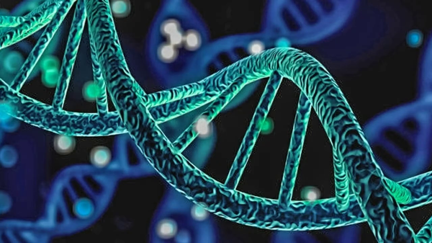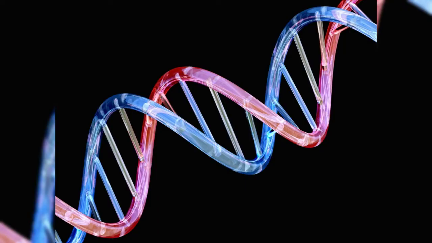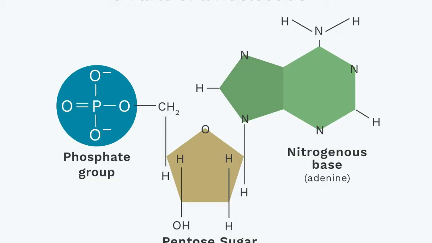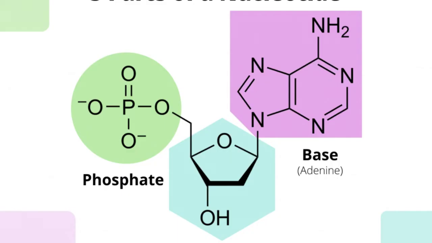Good day, today we will be learning about DNA and the code of life. There are two nucleic acids in this topic, and they are deoxyribonucleic acid or DNA for short and ribonucleic acid or RNA for short. These acids are made up of smaller units called nucleotides, and each nucleotide is made up of a nitrogenous base, a sugar portion which in DNA is deoxyribose and in RNA is ribose, and lastly a phosphate